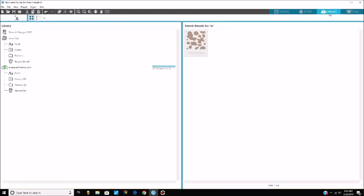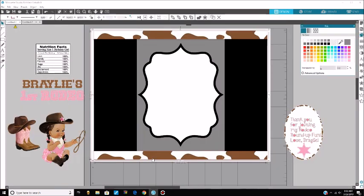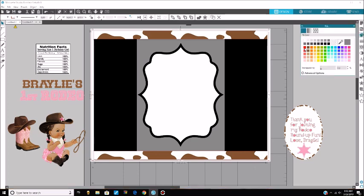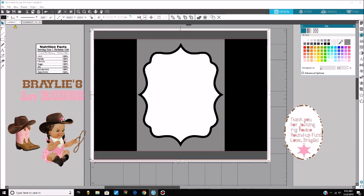If you wanted to fill it in with the digital paper pattern, you can do that as well. Just simply click on your library, go to your paper patterns, and click it. Now I have here the cow print that if I wanted to do cow print, I could do that as well. But for today, I'm just going to go back to the simple color that it was for now, just to kind of walk through